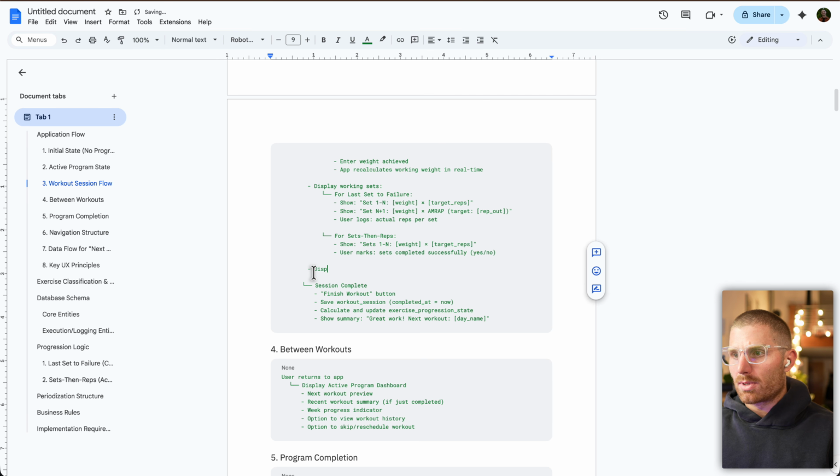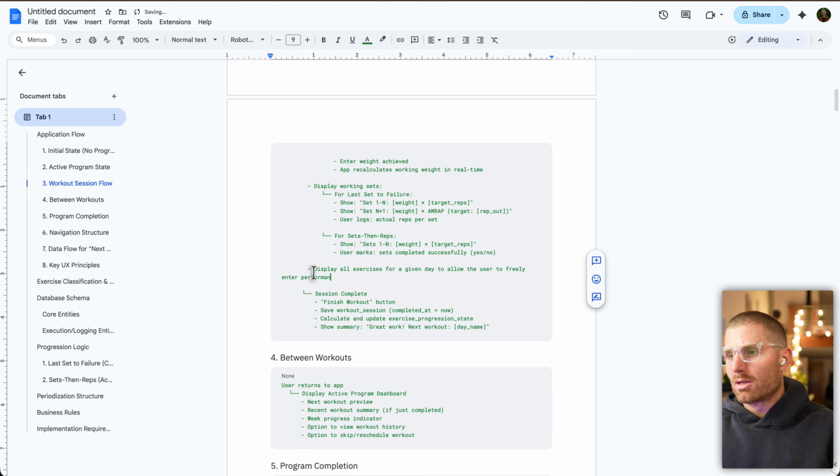No, we want to display all exercises for a given day to allow the user to freely enter performance details. We don't need to go exercise by exercise. Why? Because sometimes machines are taken. Sometimes I switch up the order. Sometimes I do a superset because I'm short on time. I just want to have the display very similar to the actual spreadsheet where I could just enter